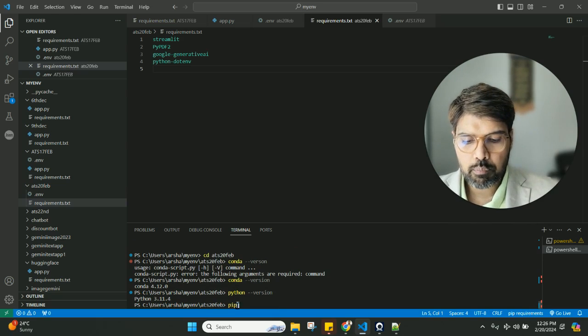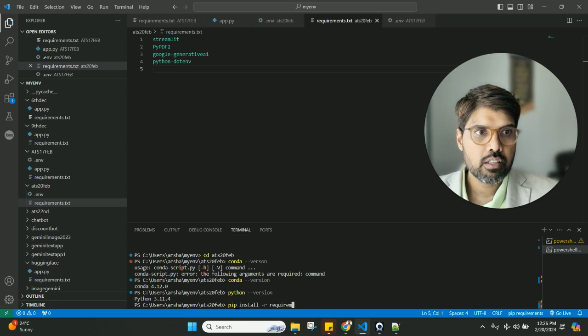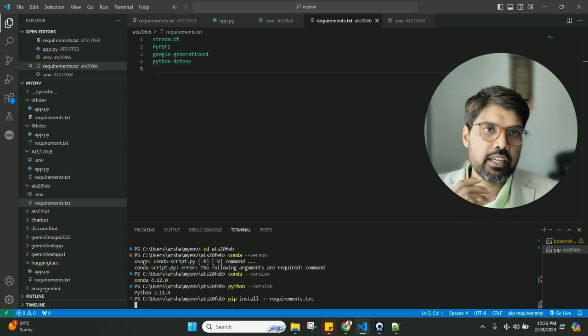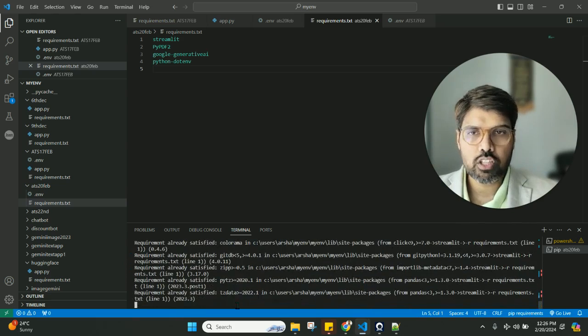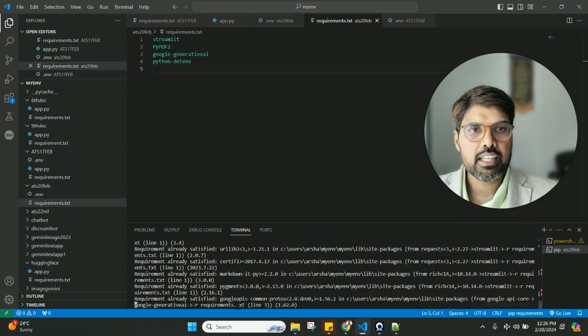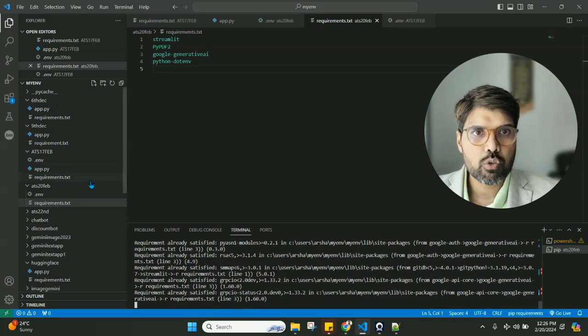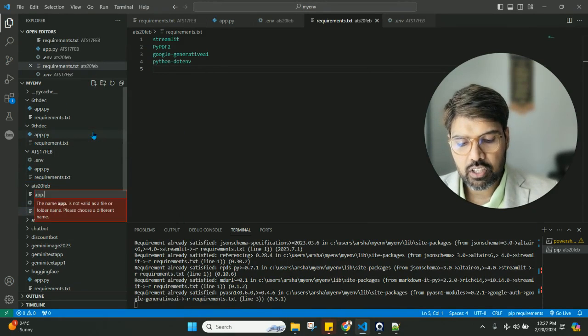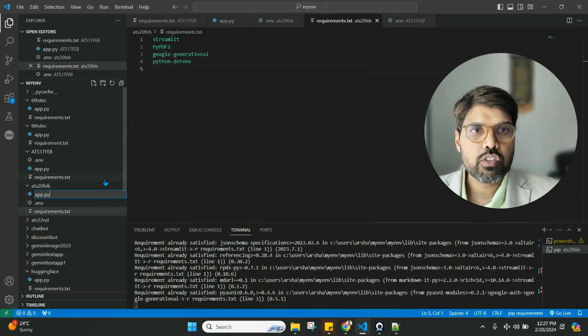Then we need to do pip install -r requirements.txt. These are some of the dependencies that we are installing. Once this is done, we will directly go and do the application coding, which is here. So what is the first thing that we need to do? Very simple, we need to